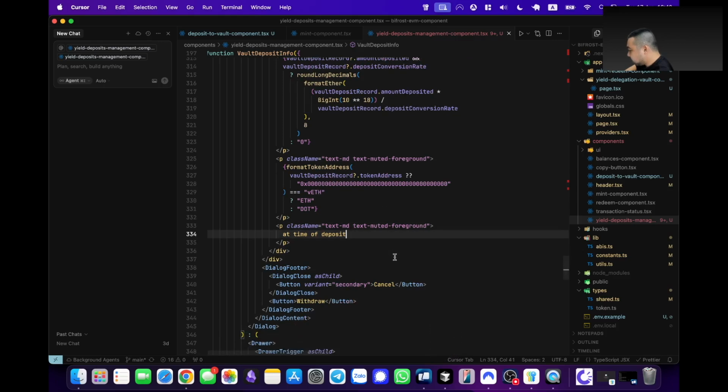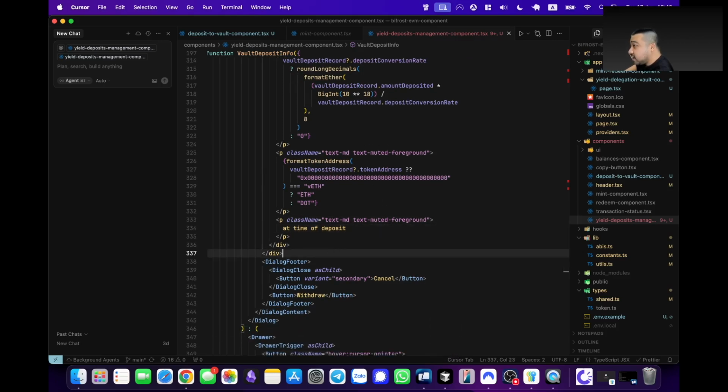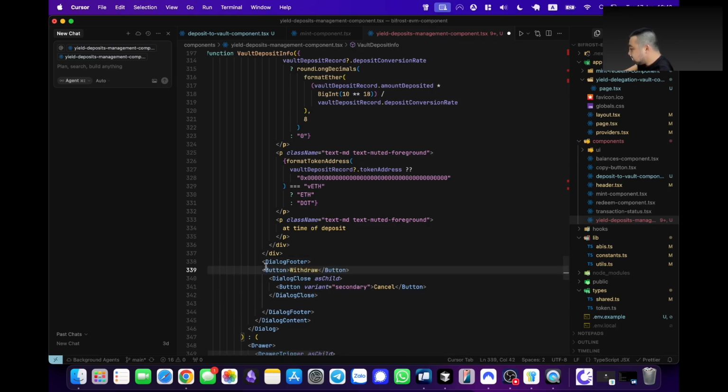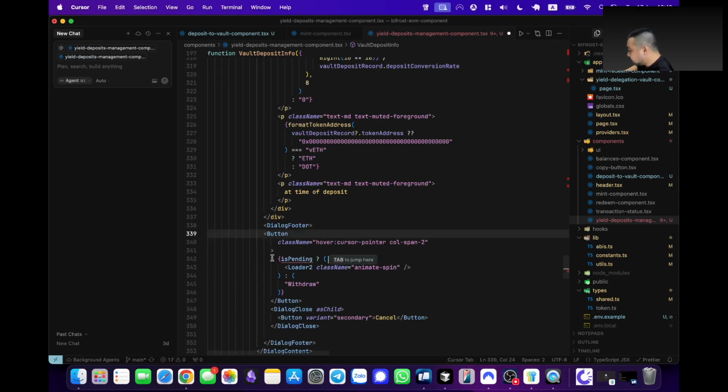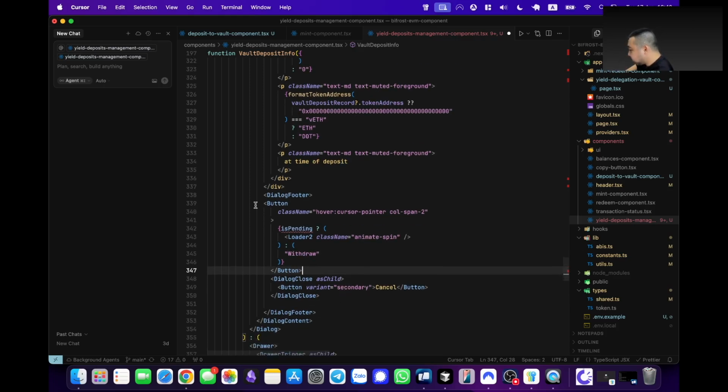Not bad. Okay, now you get to the dialog footer. You want to have it as a close. Let's do the withdraw button first, right? So this withdraw button is going to be very similar to the original, right? Okay, let's not have on click, and it's pending. This one will be for the write contract functions, right? And you will also have a dialog close, which will also be a button outline close